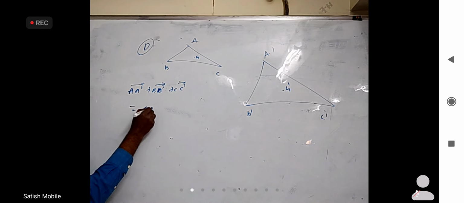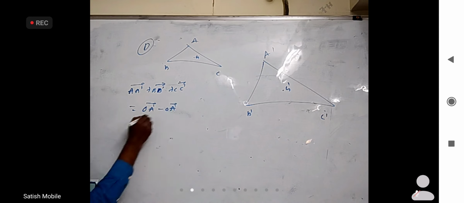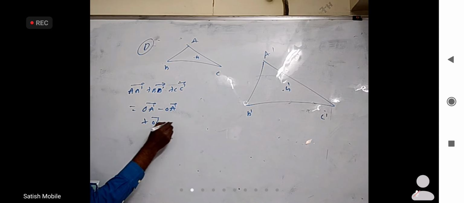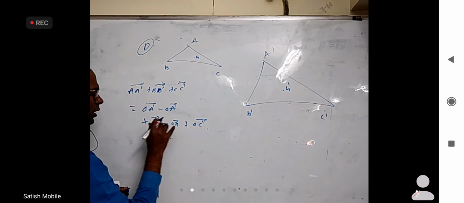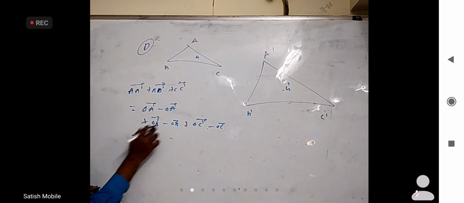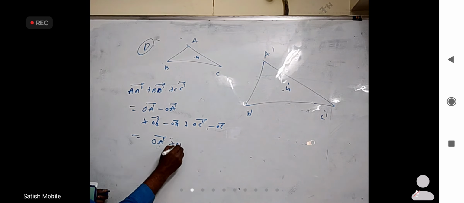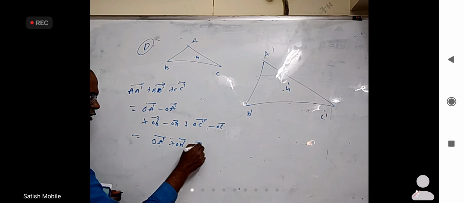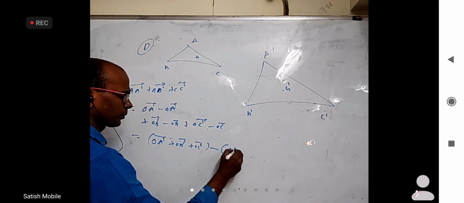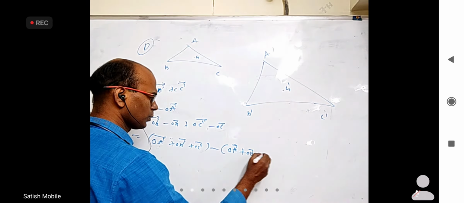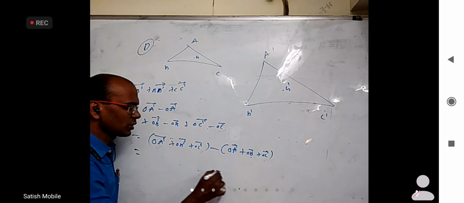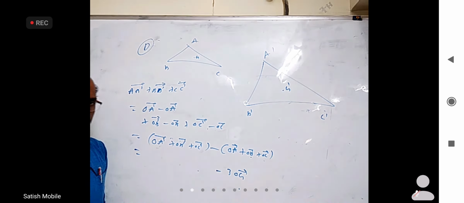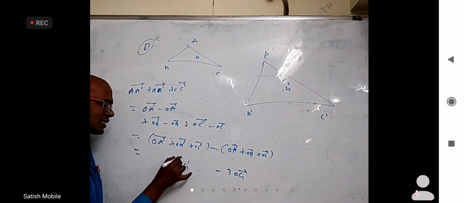A dash bar, I can write OA dash bar minus OA bar. This is OB dash bar minus OB bar. And this is OC dash bar minus OC bar. When I add these three, OA dash bar, OB dash bar, OC dash bar, and add these three, OA bar plus OB bar plus OC bar, this is the formula for centroid, by 3 would have been there. So this is 3 times centroid OG bar. This is 3 times position vector of this centroid OG dash.